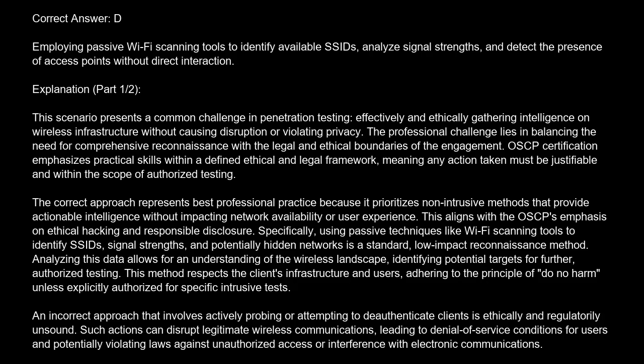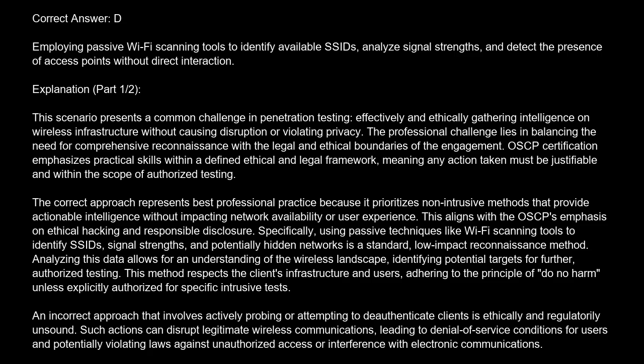The correct answer is D. Employing passive Wi-Fi scanning tools to identify available SSIDs, analyze signal strengths, and detect the presence of access points without direct interaction. Explanation. This scenario presents a common challenge in penetration testing, effectively and ethically gathering intelligence on wireless infrastructure